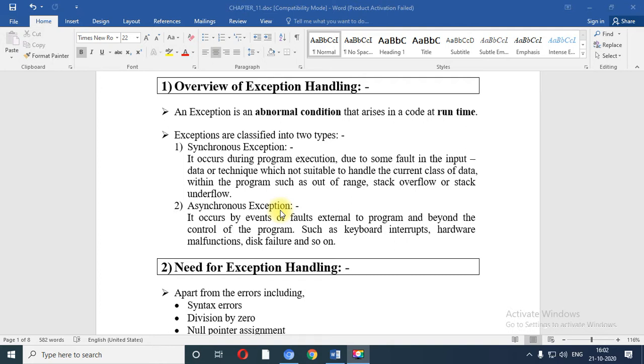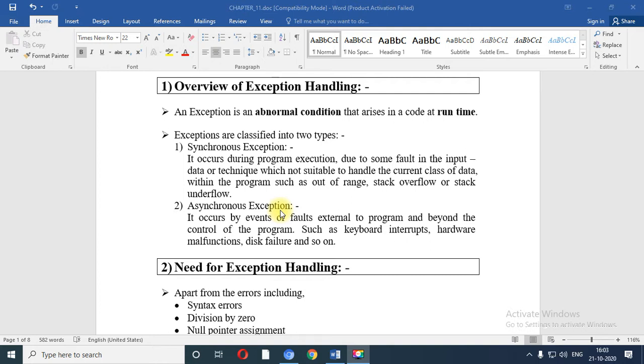That means when you execute your program, due to some fault in the input data, or you use a technique which is not suitable to handle the current class of data, that exception is known as synchronous exception.